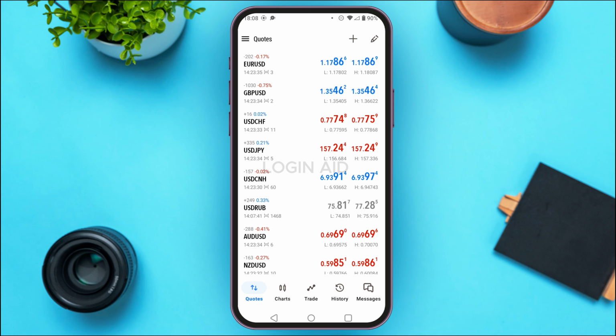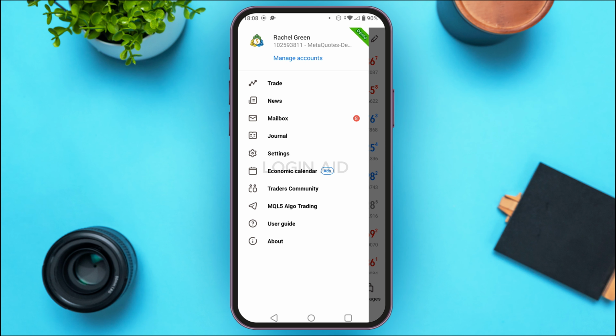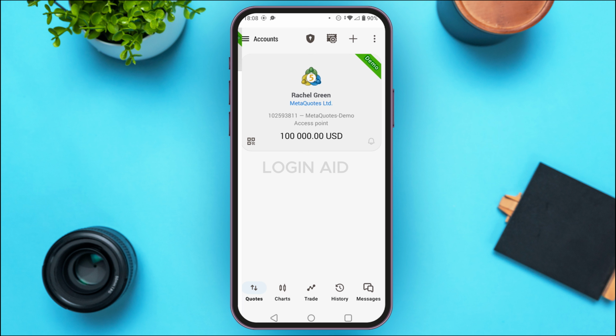your account. So in that case, what you can do is simply tap on the three lines that you can see at the top left corner of your screen. Now tap on this option, manage accounts, that you can see on the screen. Now once you do that, you'll be able to see your MT5 accounts over here. What you have to do is tap on the three dots that you can see at the top right corner